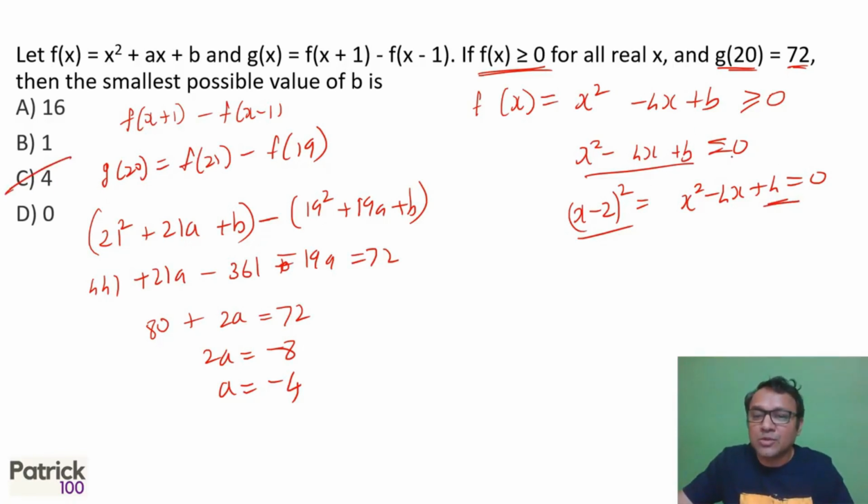The square can be equal to 0. Any other value you take, it will either go below the 0 line or go above the 0 line, at the minimum point. At this point, when I say x minus 2 the whole square equal to 0, that means the minimum point will be at 0. So that means it cannot go below 0. So at x equal to 2, you get a minimum point, that is 0. Satisfies. So C option. 4.